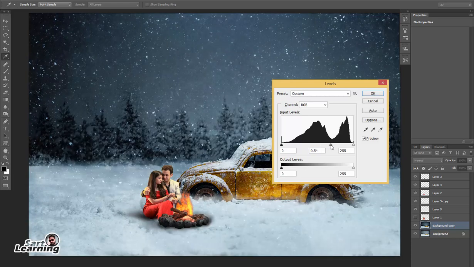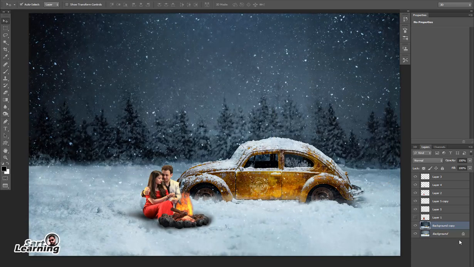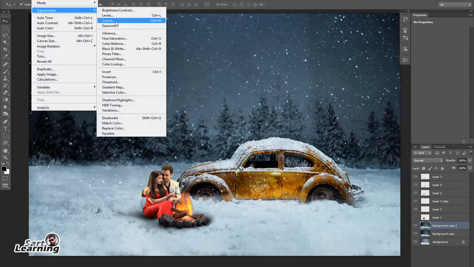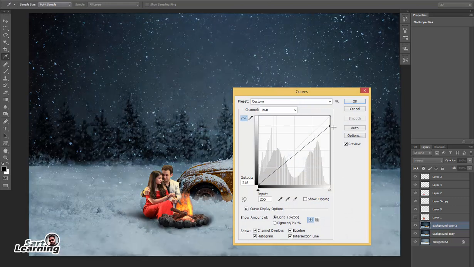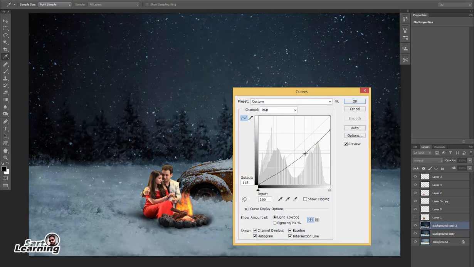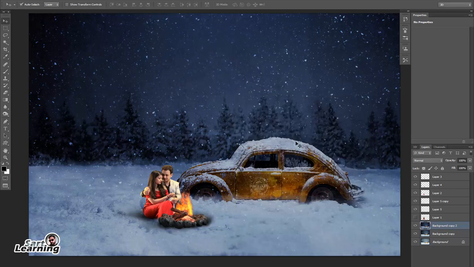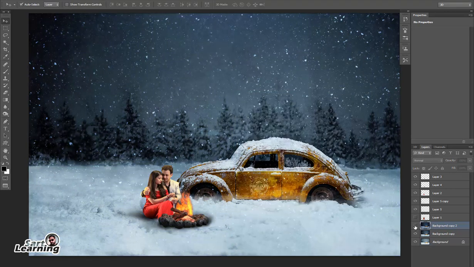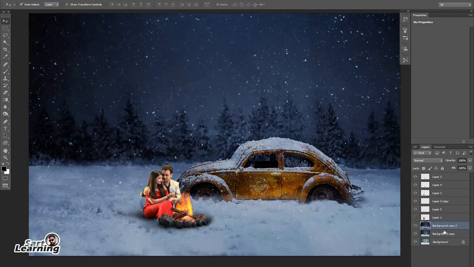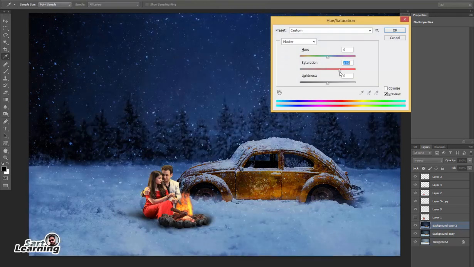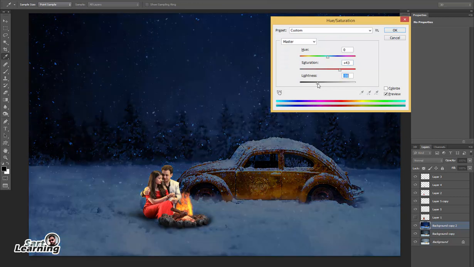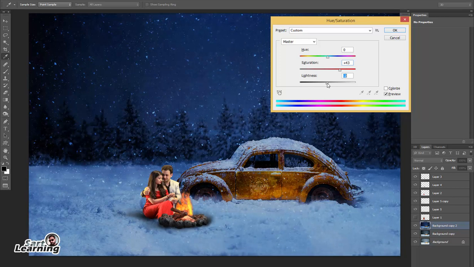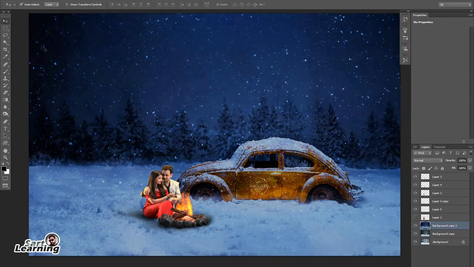So I select the layer and press Ctrl J, then adjust the levels to darkness because I am going to convert this image into dark. So I just decrease the curves of the image so the highlight is less and increase the bluish part so it looks more like a night effect. But the problem is this, when I convert my image into darkness, my car also becomes dark. So first I have to adjust the color so it looks more like a night type effect.